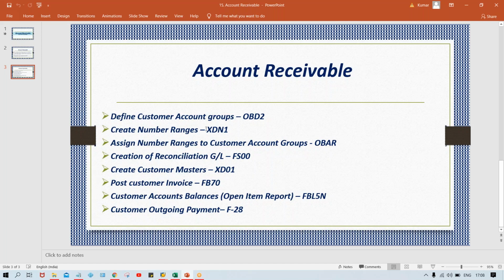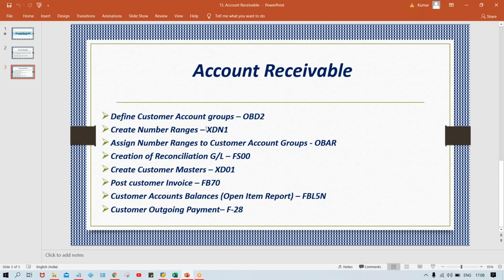And then apart from this, create the number ranges and all, in the same way as we created for vendor during the vendor account payable basic settings. In the same way here in customer also, you have to configure the same things. Then the number range we have to assign to the account group. I'm going to explain these things again one by one in the next session, guys. We'll set up these account groups, all the number ranges and everything, and then we'll proceed further.